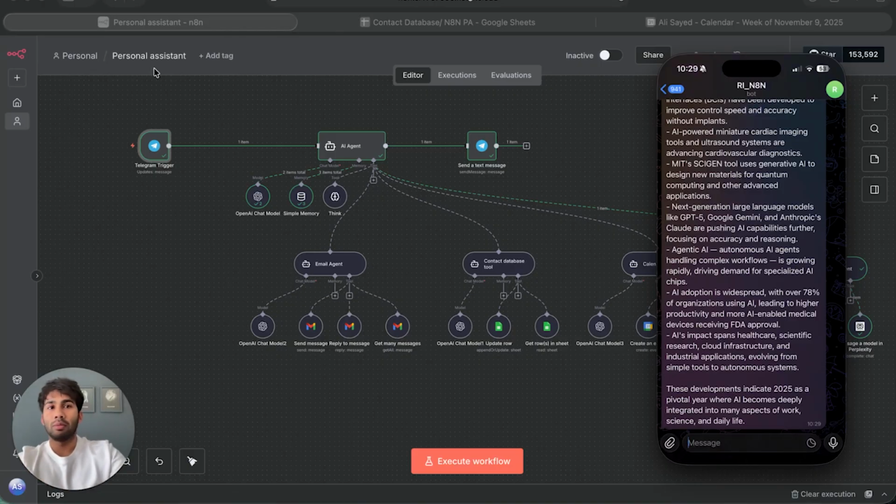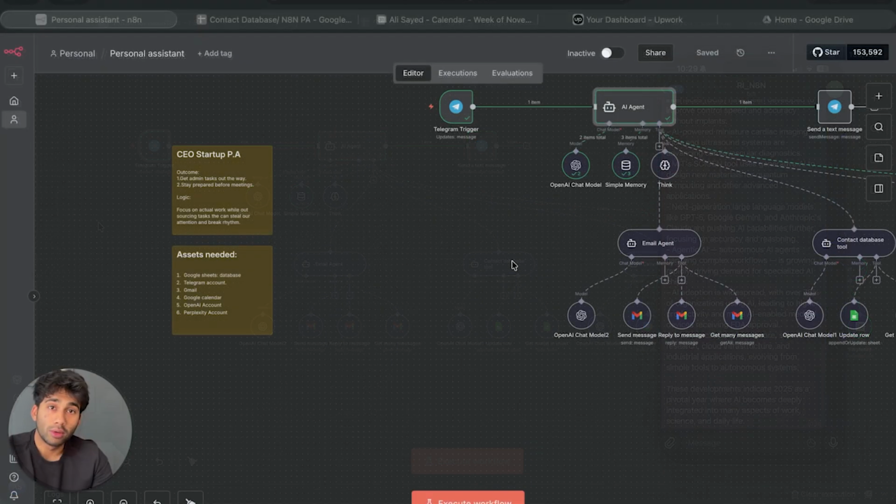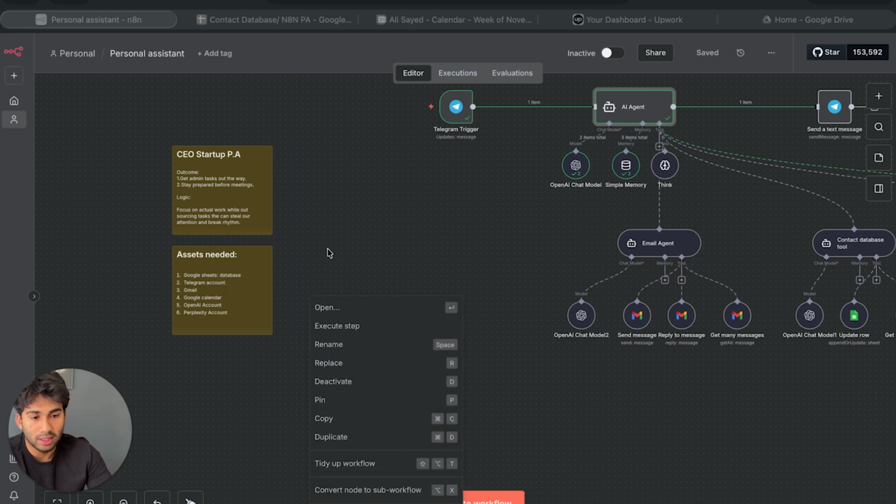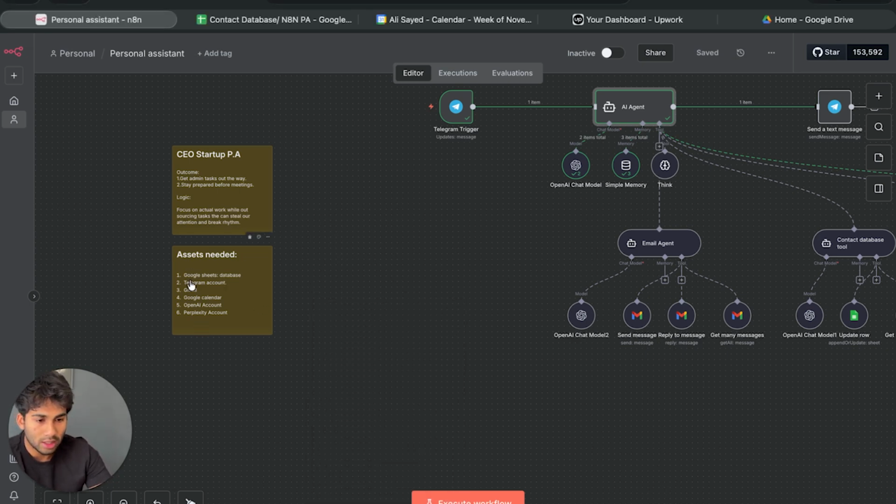Now you can use this in many ways. However, this was just an example to show you that the AI assistant works. And now we can go ahead and show you exactly how to build this out. So you've seen the workflow in action and exactly how the AI assistant can go ahead and help you out carry out different tasks. Now I'm going to show you exactly what you need and how to go ahead and build this out. So if we look over here, we can see that the assets needed is a Google Sheets